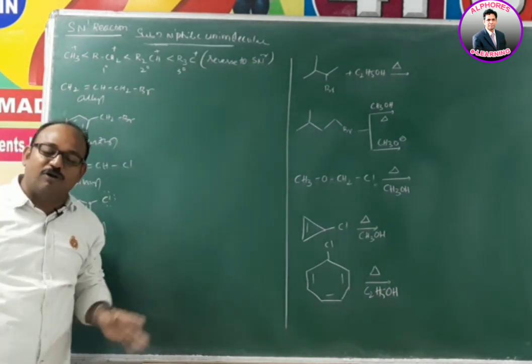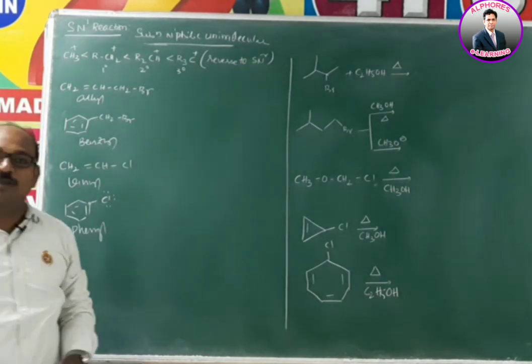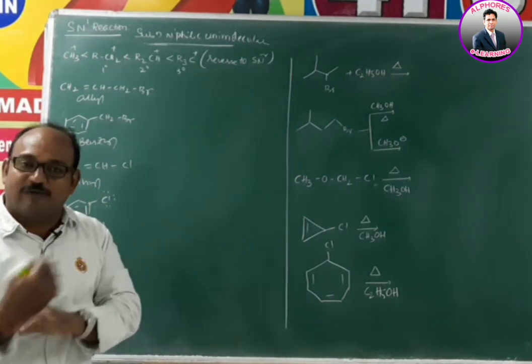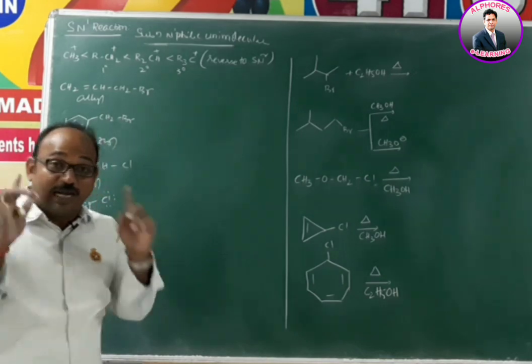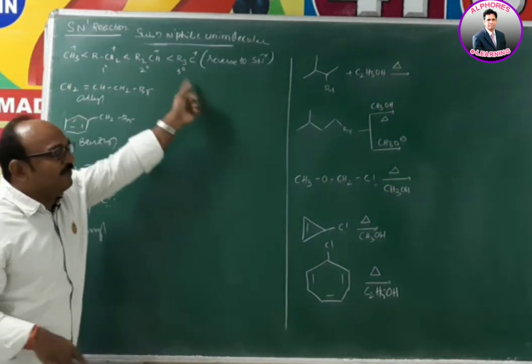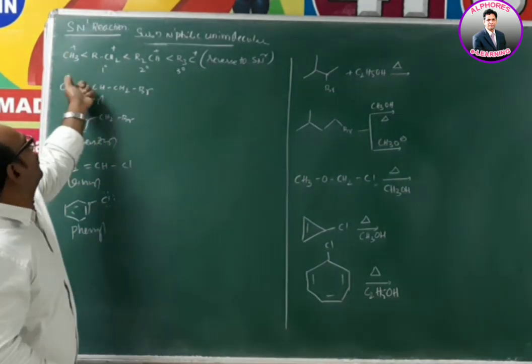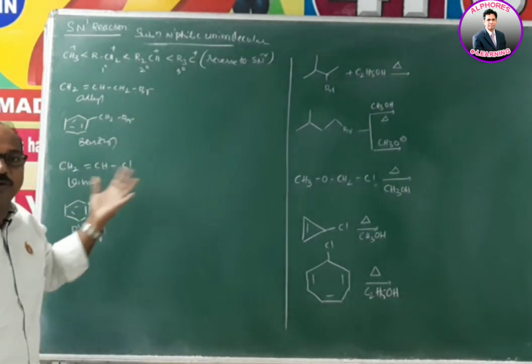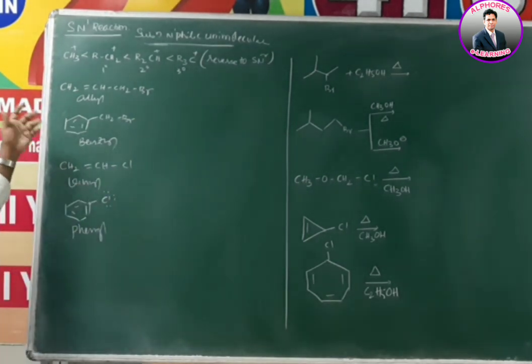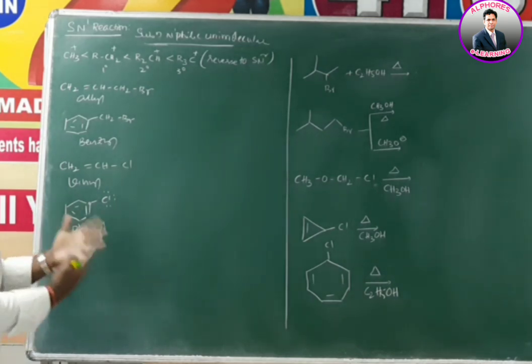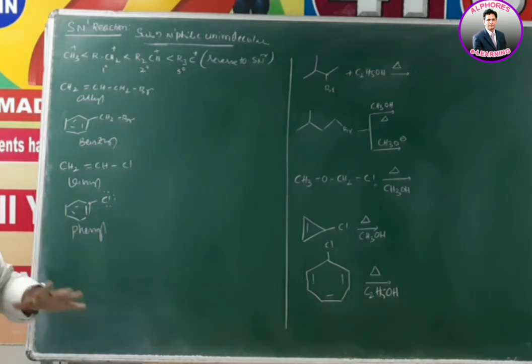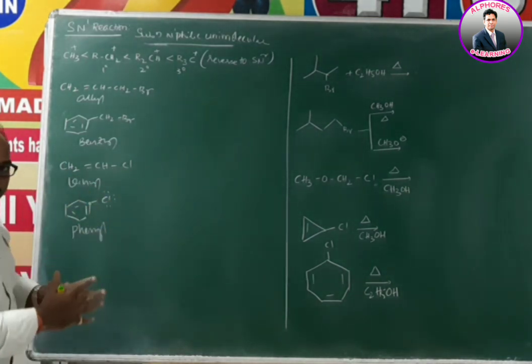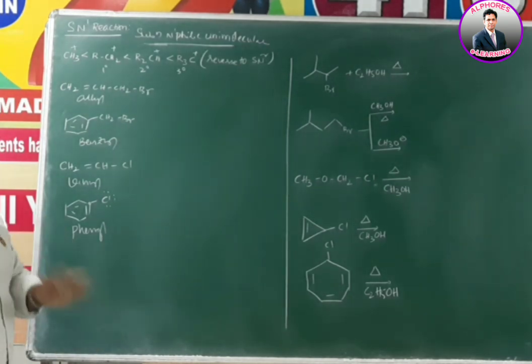So wherever you go, what are the conditions required for SN1? Quite opposite to SN2 or vice versa, we are not supposed to understand like that. So that statement, reverse to SN2, is applicable up to here only. Now have a look: allyl and benzyl, vinyl and phenyl, do they undergo SN1 or not? Let us check. For SN1 the required condition is stable carbocation formation.